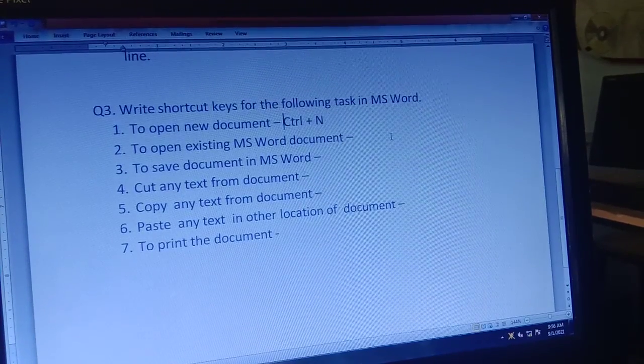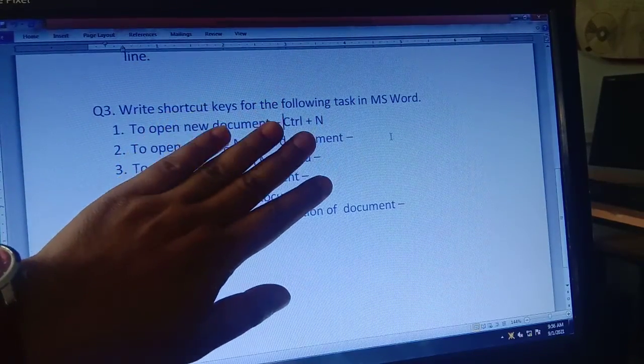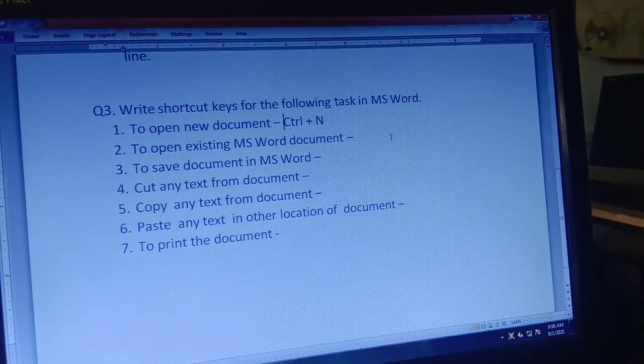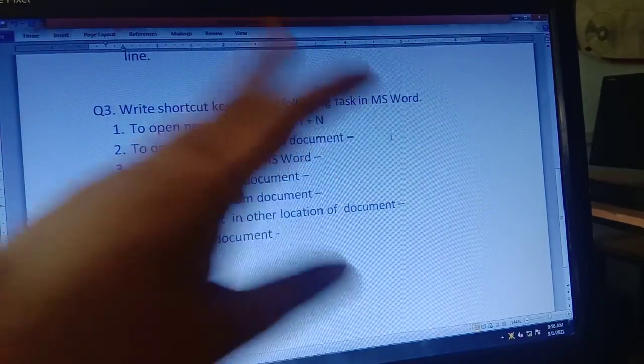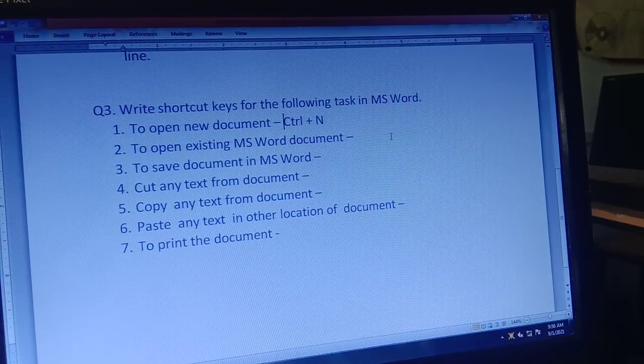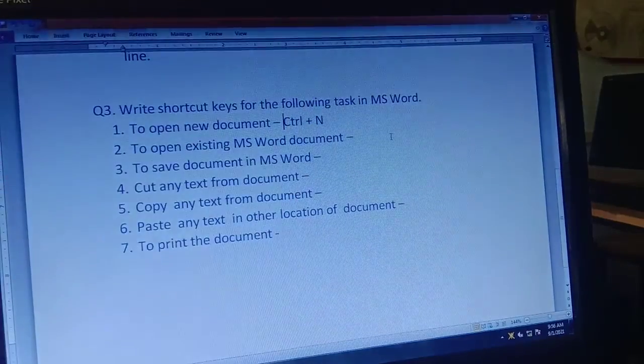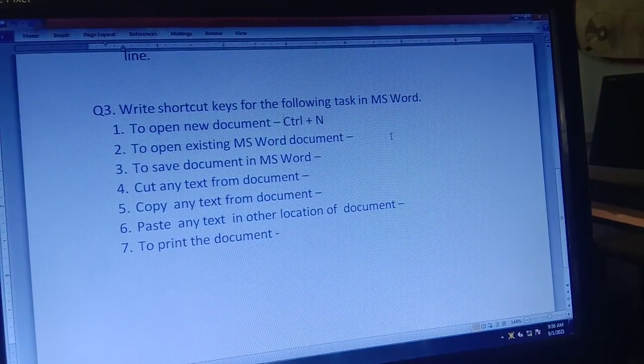You will press together. Plus का मीनिंग यहाँ पे प्लस की प्रेस नहीं करनी बेटा आपको. So many students are confused, कि आपको प्लस भी प्रेस करना है. नहीं, प्लस का मीनिंग है ये दोनों साथ में प्रेस करनी है. You need to press both together. मतलब कंट्रोल की को होल्ड करके रखना है और एन की को भी साथ में प्रेस करना है. Okay, clear to everyone?